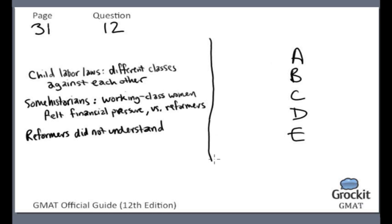So the primary purpose of the passage is to, as always, it's best when you finish a passage to have a basic idea in your head of what the primary purpose is. You may not always get a main idea question, but it will help you eliminate wrong answer choices if you have that idea of what the author was trying to do with the passage. In particular, it's very useful to have a sense of whether the author was trying to convince you of something or simply explain something,